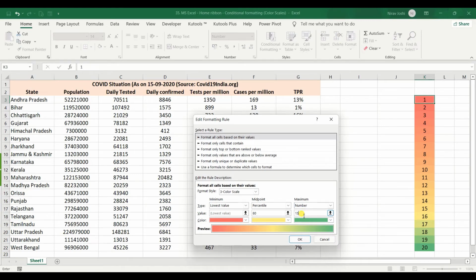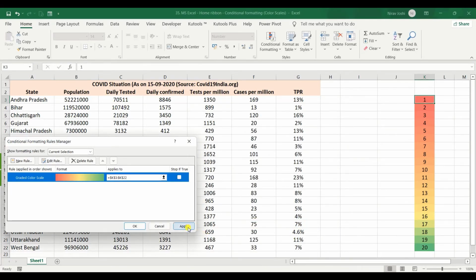Now, as 15 is the maximum number for green color coding, and we have given a midpoint at 80th percentile, which is number 16 in this particular range of 1 to 20, it will have some conflict and may generate a gradient which would not be easier to read or interpret. So suppose we apply this thing here.